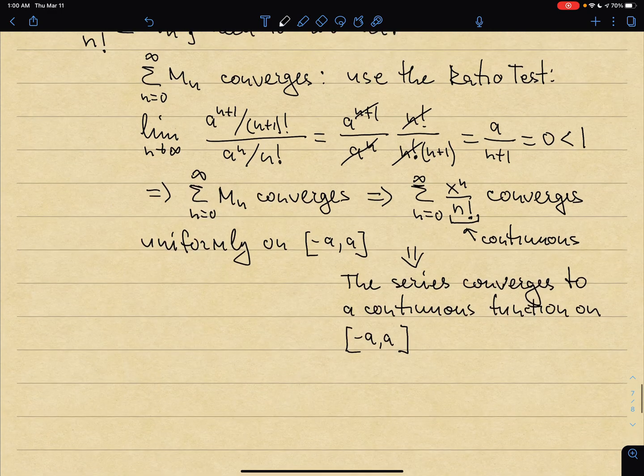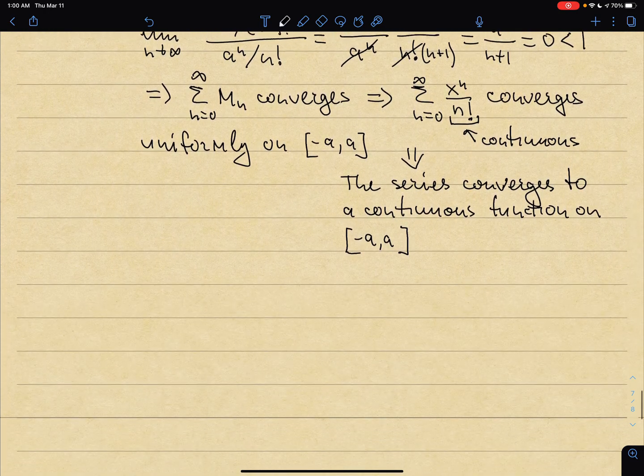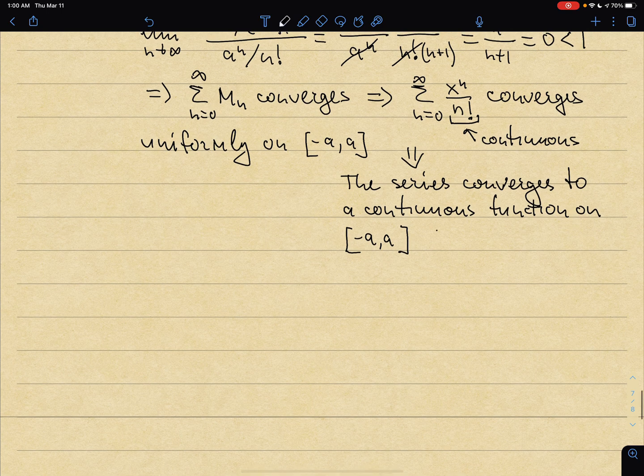Right, and a was chosen arbitrarily. a was just an arbitrary positive number. So what I just showed is that the convergence is to a continuous function on minus a to a for all a greater than 0. But if I have convergence for all a greater than 0, then what can I do with my interval from minus a to a? I can continue growing it without bound in both directions. And so therefore, the series